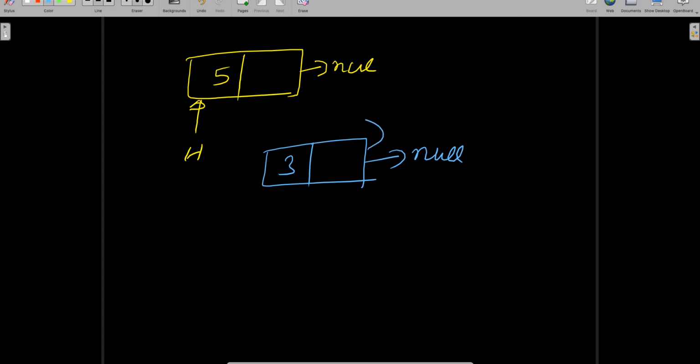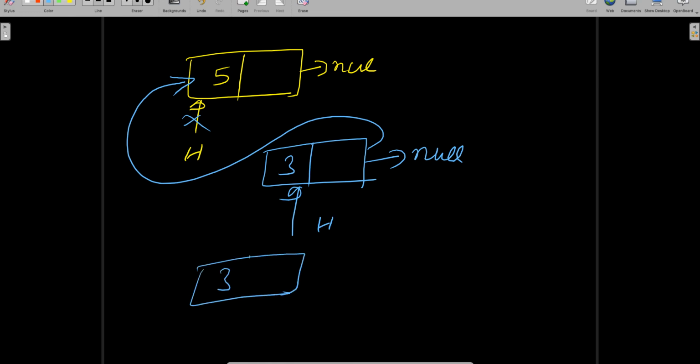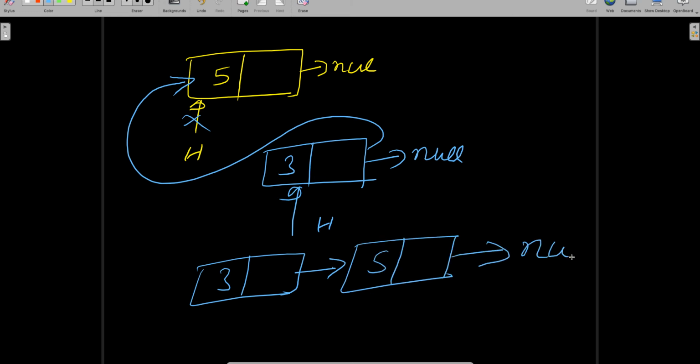So this dot next is going to be this, and head will get cancelled from here and head will point here, right? If you draw this, 3 will point to 5, and this guy will point to null, and head will be here. So that's how insert at begin works, guys.